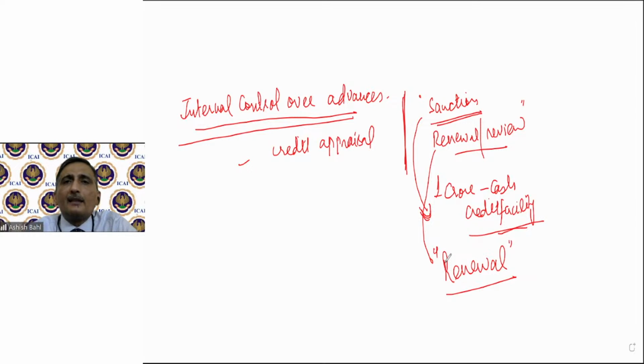At the time of renewal, say if the credit facilities were granted last year for rupees 1 crore, and now again there is no change, then separate documentation would not be taken because the agreement is already there. However, if after 12 months the company says now I am in need of more funds, so I want the credit facilities to be increased from rupees 1 crore to say 1.5 crore.